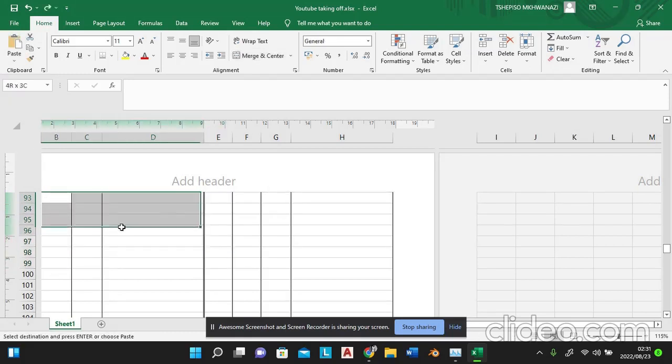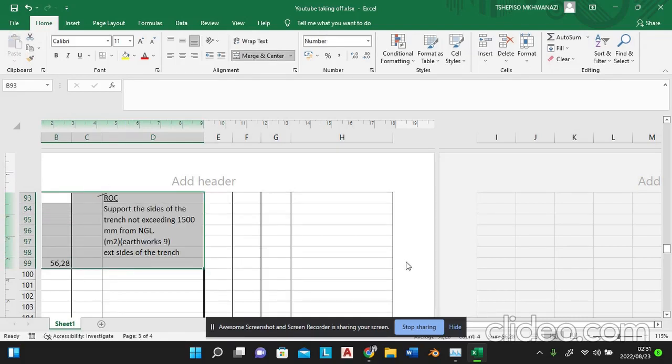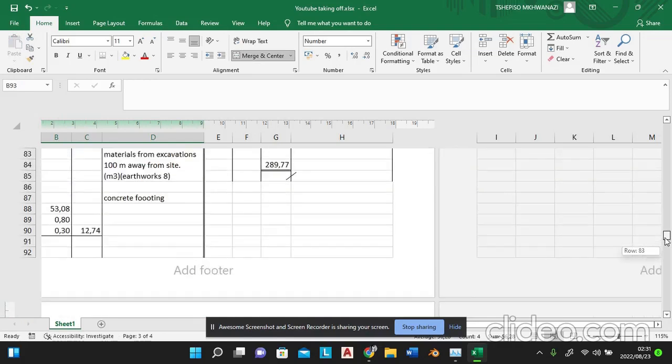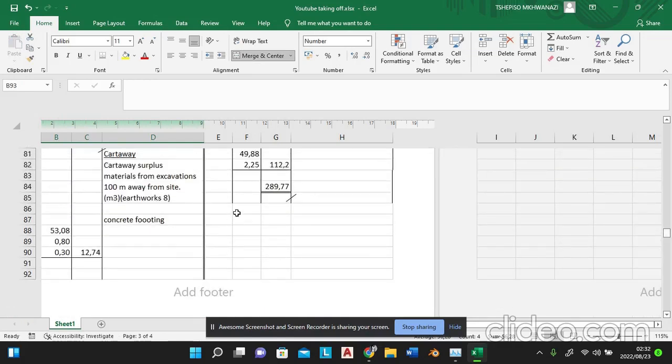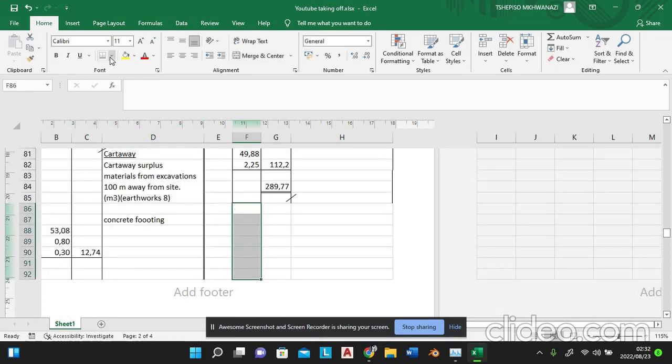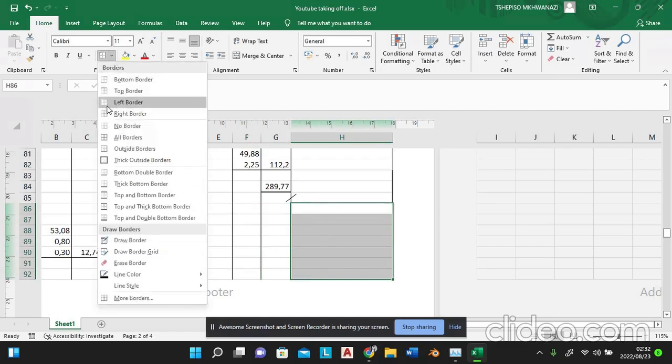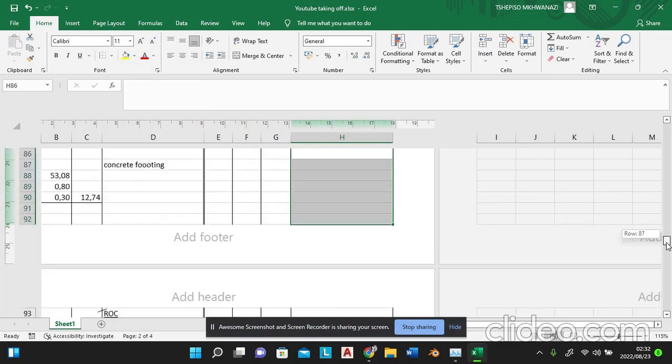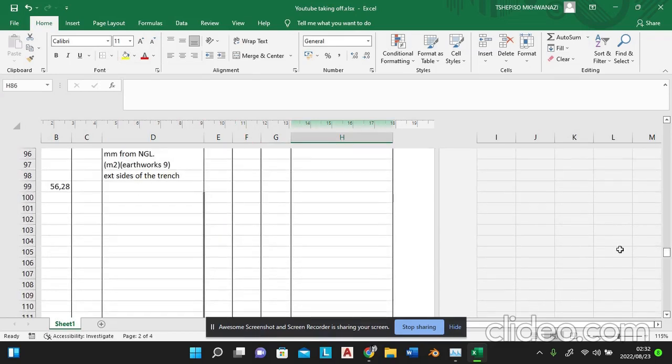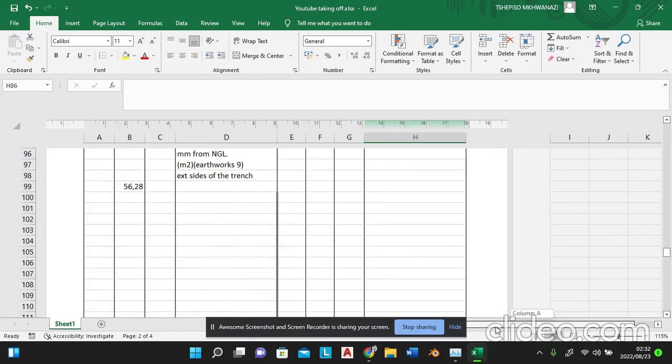What's going on? What happened? Oh, I'll paste them here. We're going to start from this side of the cell, then paste them here, and then everything is perfect. And then we have to also draw those lines, because I'm doing the lines. Going to do this, and then this side and this side, and then I'm going to do this side and this side. Yeah, we are done. Now let's continue with our